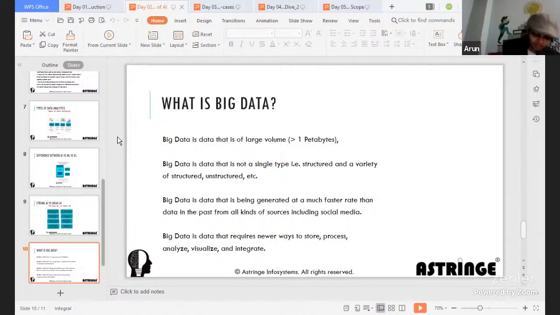So there could be a day when big data could lead to a catastrophe as well if it is not handled properly. Okay, so if you ask me how it is going to have an impact on AI?